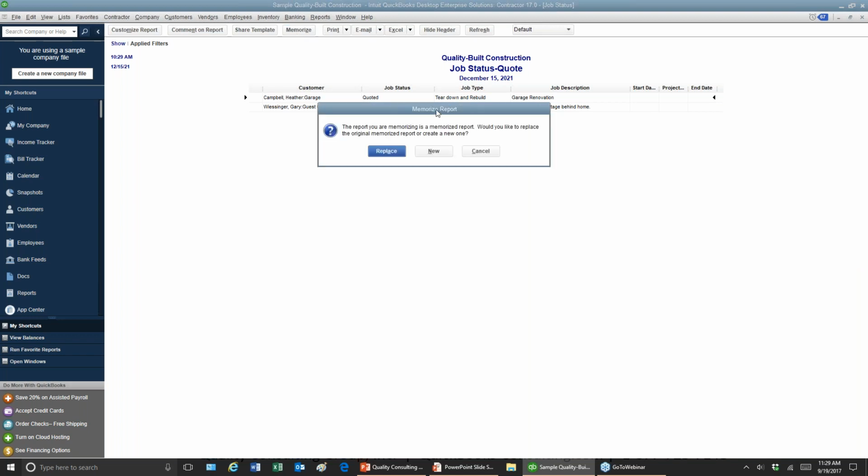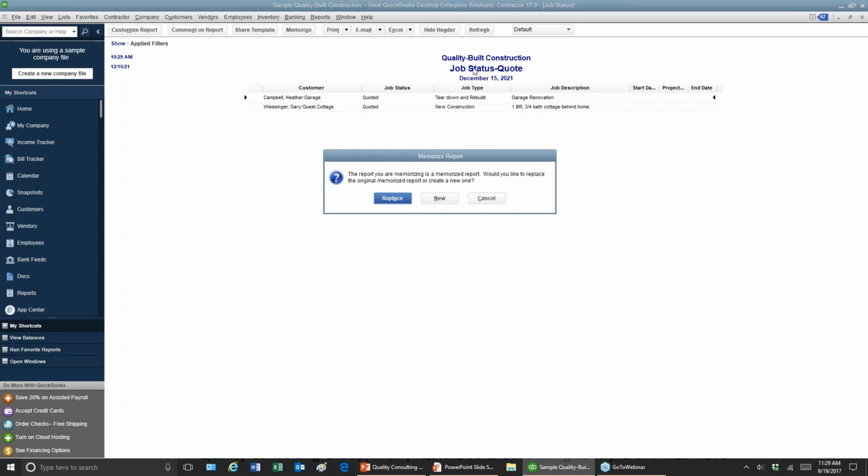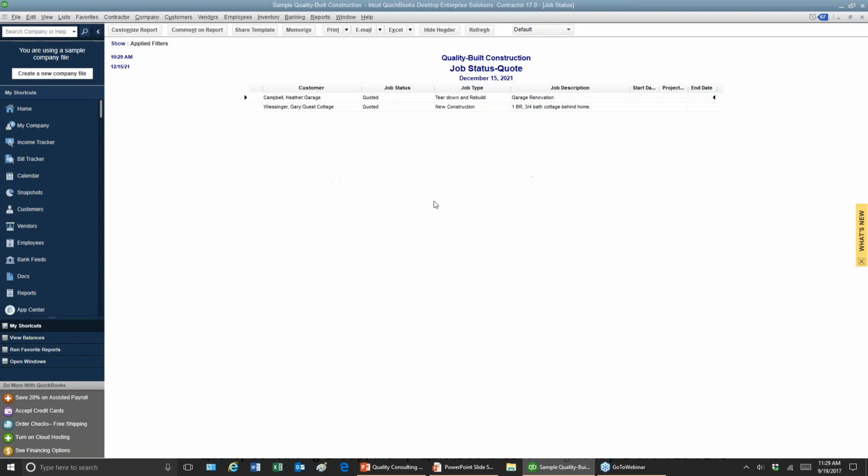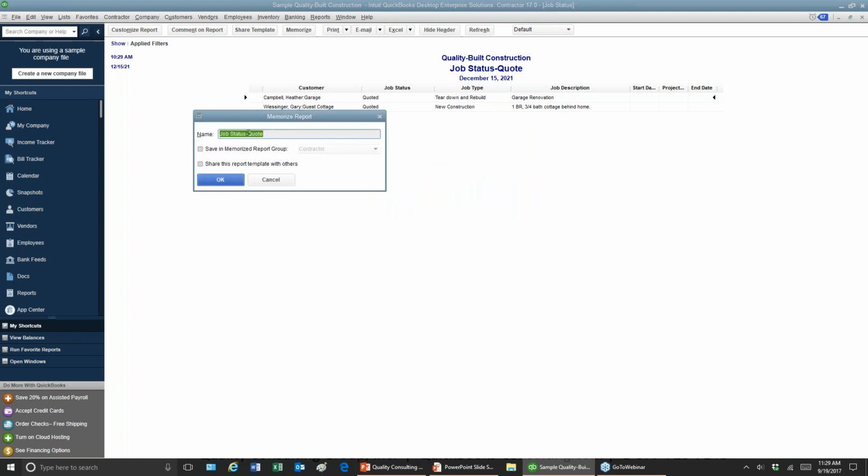So if you choose memorize, since this was already listed as a job status report, we don't want to replace it with just the quoted one. We want to create a new one. So there'll be two. There'll be one with all of the jobs by status, and then we'll have each one individually. So this is the job status with just the quote.